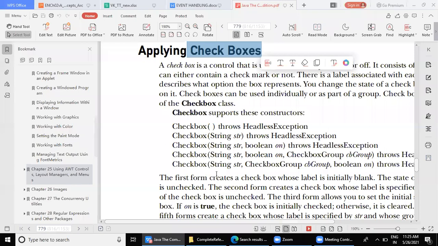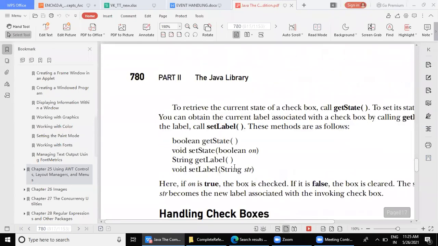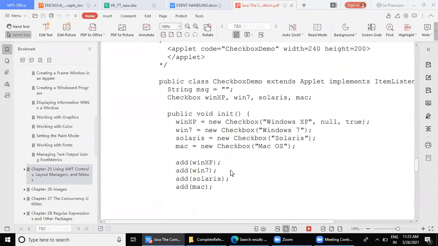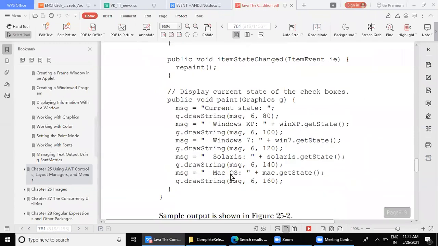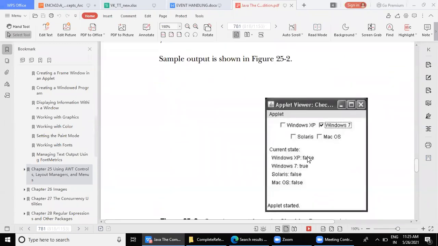So how does this checkbox look? That I will just display here. Yesterday I even showed you the video, but this is the program we are going to see. Can you imagine what this program is going to do by looking at the output screen? How many checkboxes are there? 4. Each checkbox is associated with some caption.